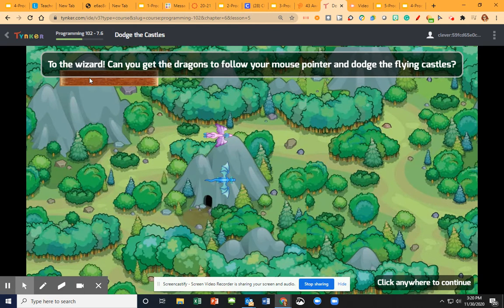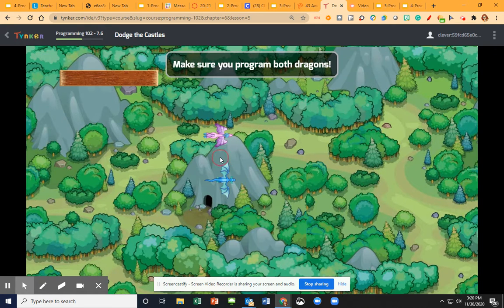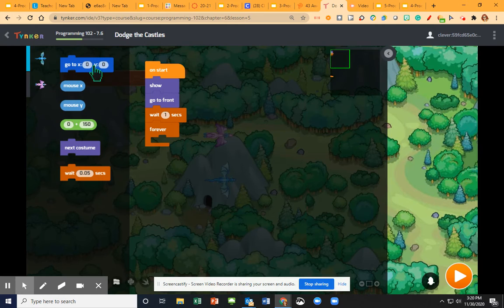Okay, so to the wizard, can you get the dragons to follow your mouse pointer and dodge the flying castles? Make sure you program both dragons. Okay, so now,